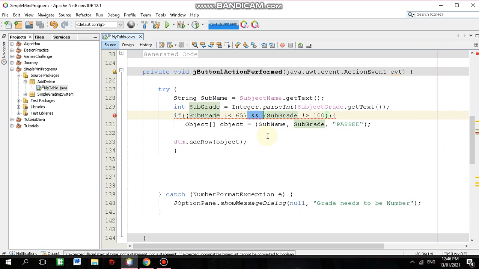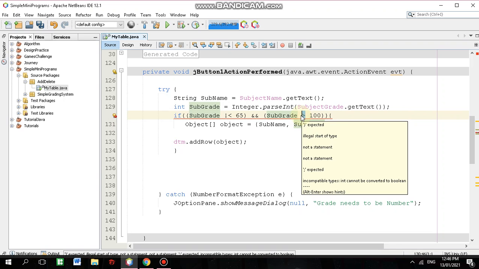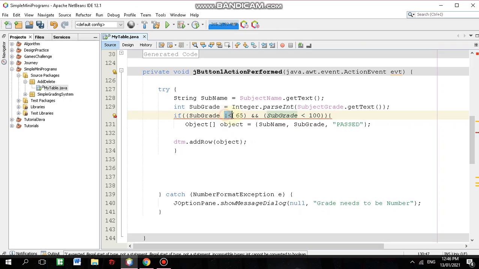Ooh, we can't. Okay, so let's say grade less than 100 and greater than